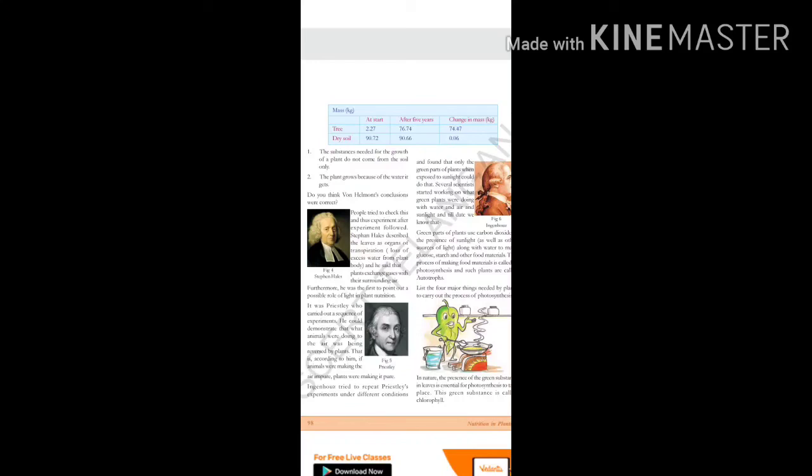So this is von Helmont's experiment. Frequently it will be asked, children, you have to clearly understand this. On the whole it proved that water is very essential, and not only water. Later on it was found that for photosynthetic activity, no one thing can be said to be the only important one. If sunlight is not available, but the other things like carbon dioxide, water, soil, chlorophyll are available, does photosynthesis take place? It won't.